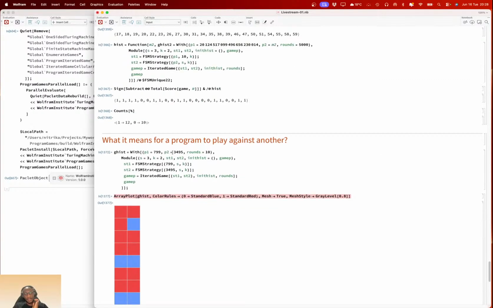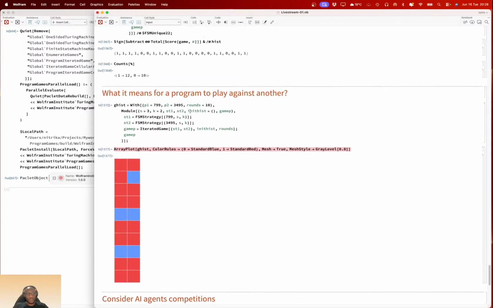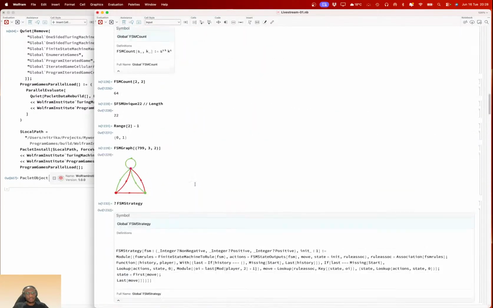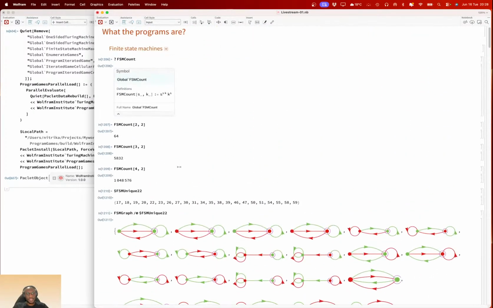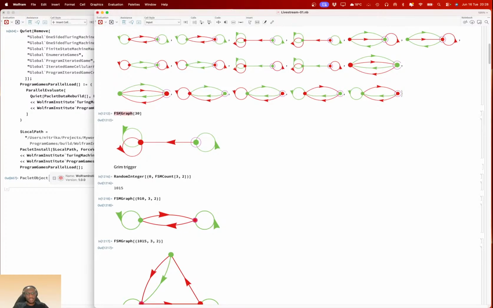And I think it would be nice to show what a grim trigger looks like. Where is that trigger? This guy.